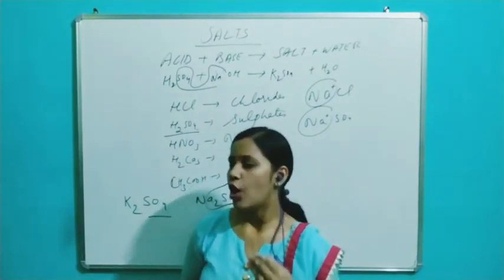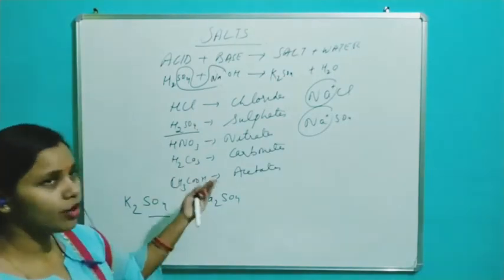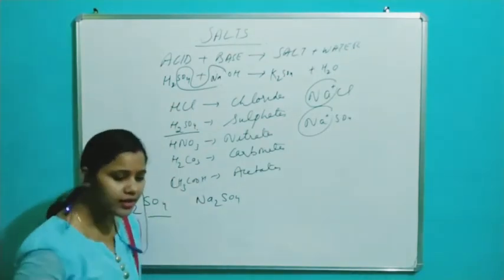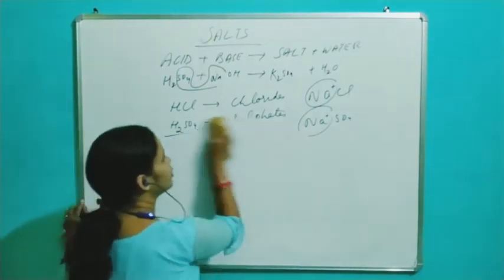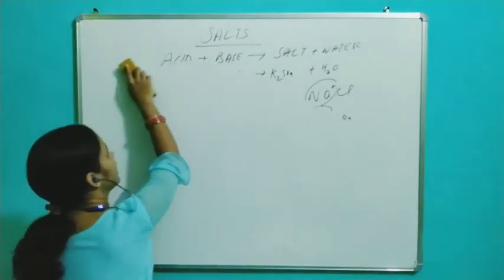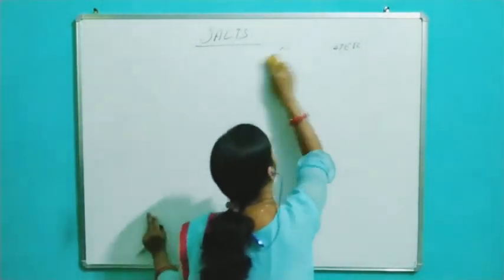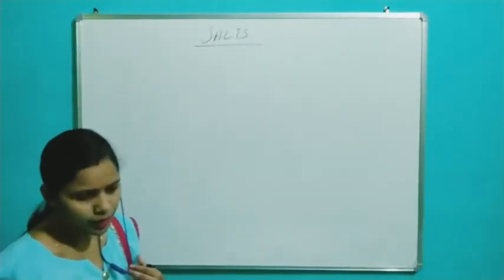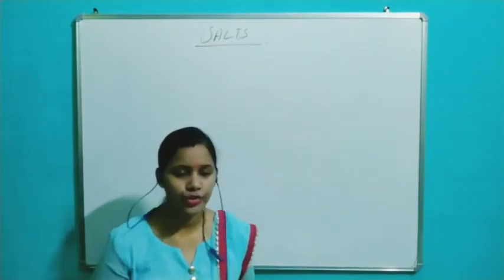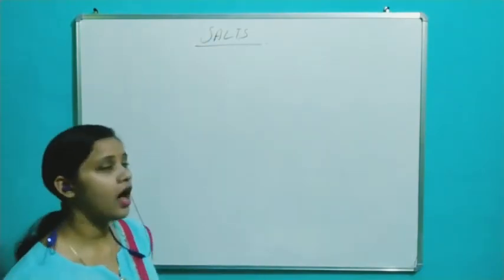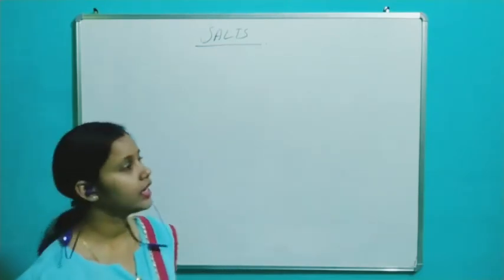Now, on this basis, let us discuss the pH of the salt solution. These are the salts, the family of salts. Then what is the pH of a salt solution? Generally we know that these salts are prepared from the neutralization reaction. Mainly, the aqueous solutions of many salts are neutral. But some salts are acidic in nature, whereas some salts are basic in nature.